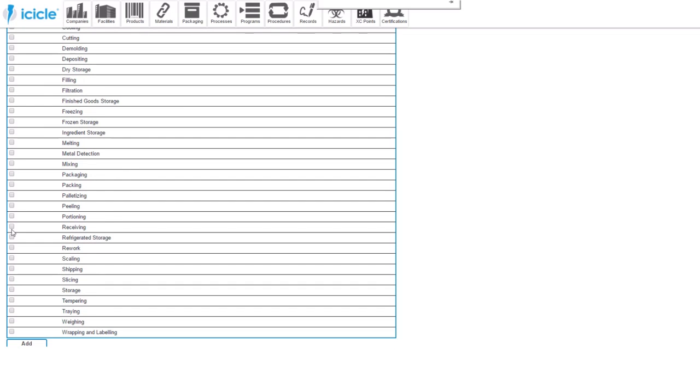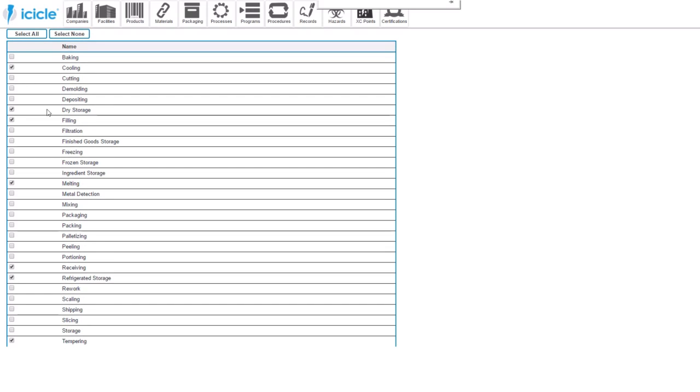So usually we start with a receiving step, and then after receiving, we're going to go both to refrigerated and dry storage. After that, let's say we're going to do weighing, and then we're going to do melting, and then we're going to do tempering, and then after that we're going to do filling to fill the molds. We're going to want to cool after we fill, and then we're going to want to demold, and then we're going to want to